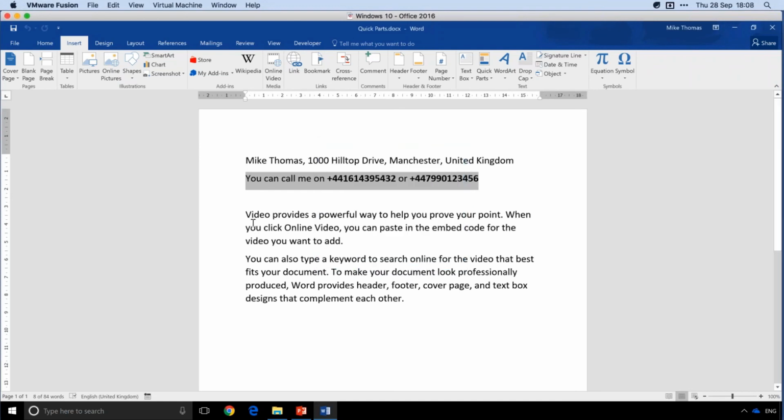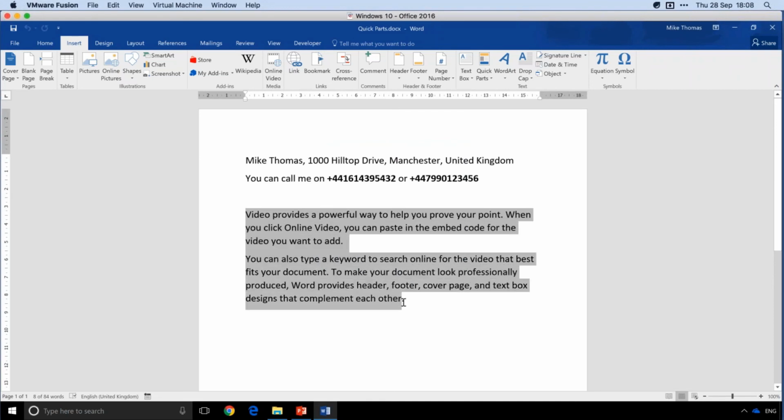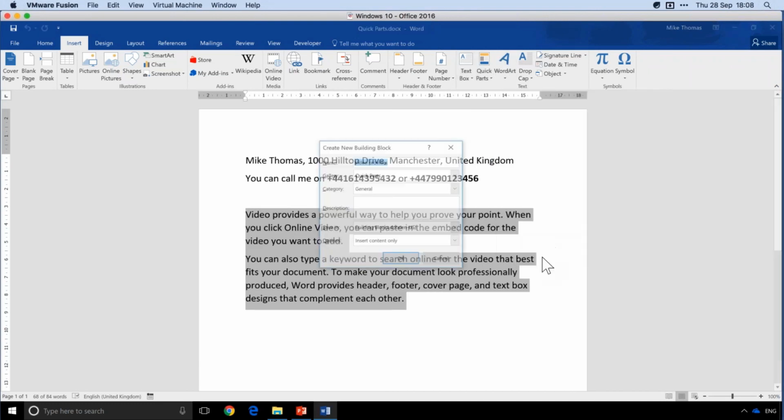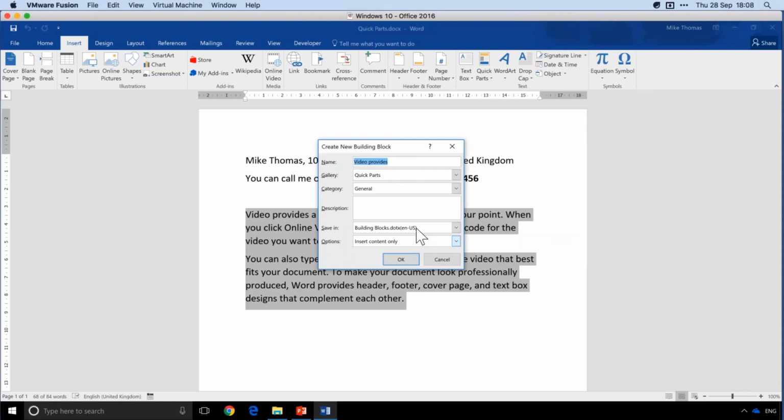I can also do it with multiple paragraphs. So let's select those paragraphs there. Insert, Quick Parts, Save Selection to Quick Part Gallery, and let's call